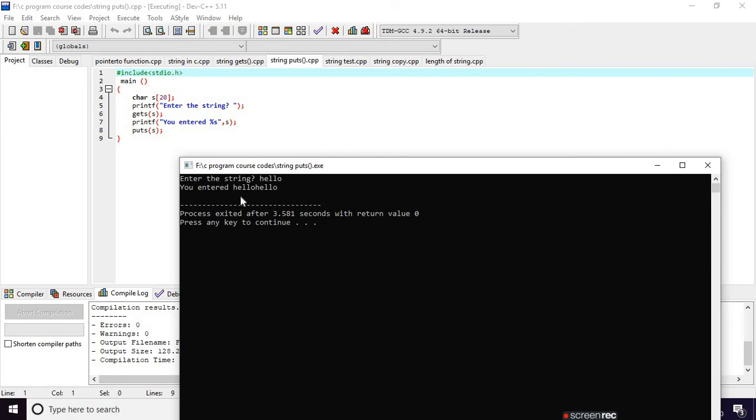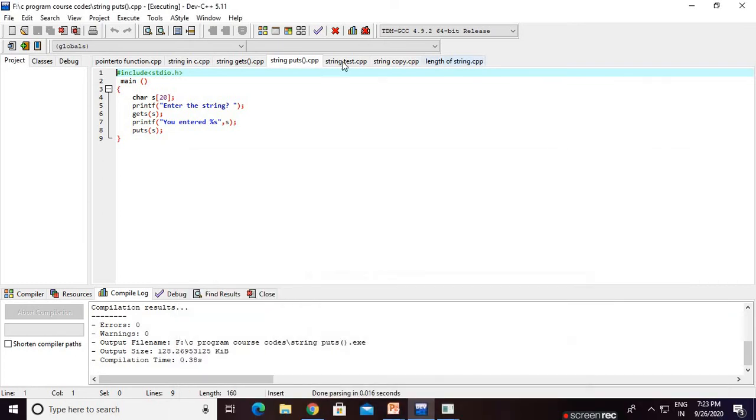But keep in mind the logic is the same. For some problem, hello is shown 2 times, but in the correct result it shows just the result you entered, hello, that means one time. These are basically the uses of puts.